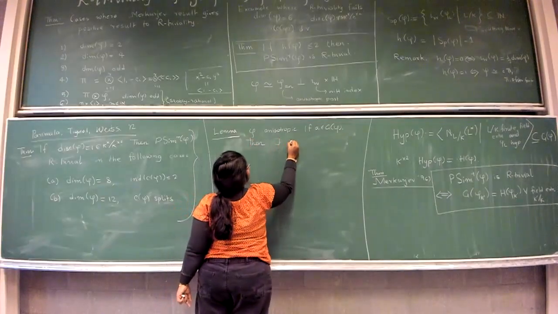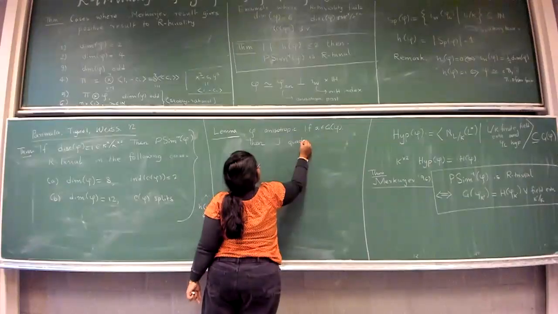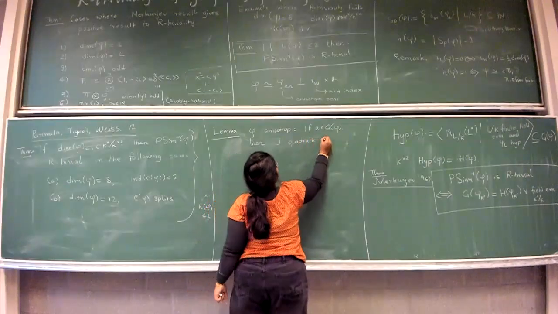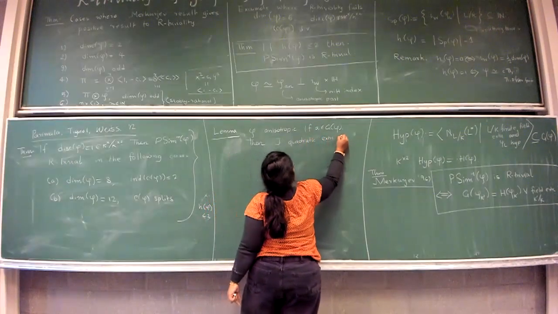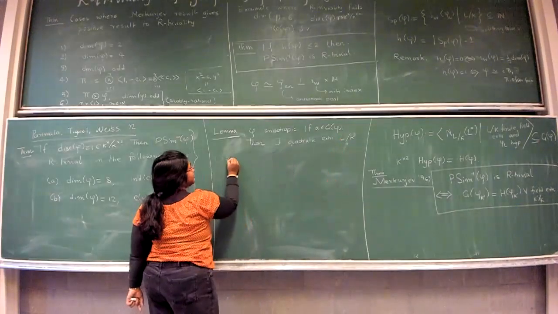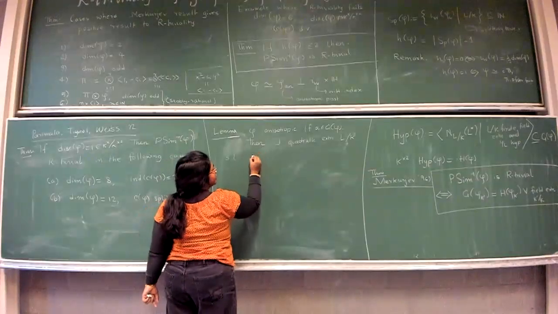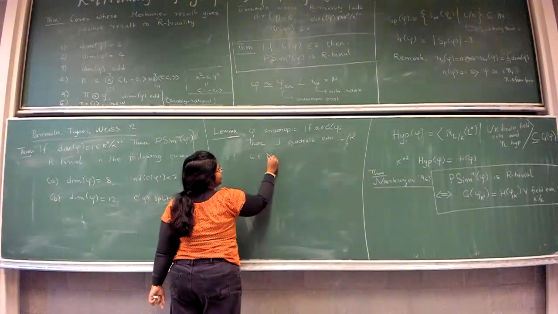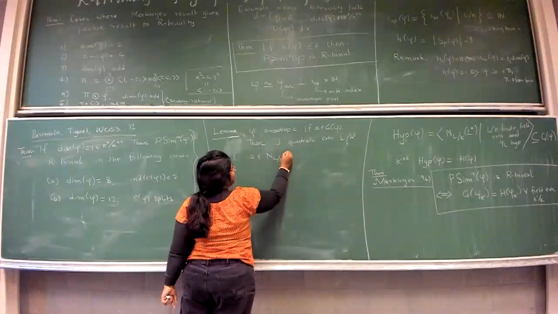Then there is this quadratic extension such that this A will be a norm from the extension